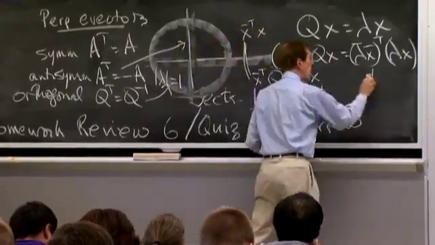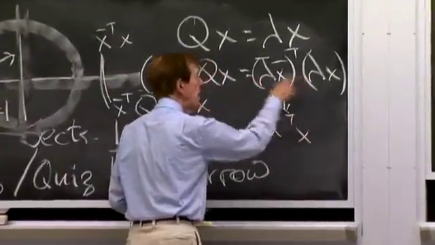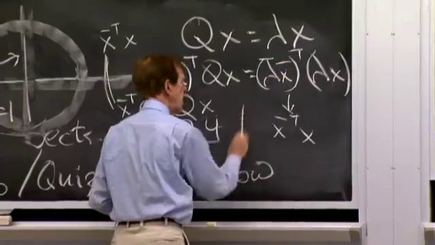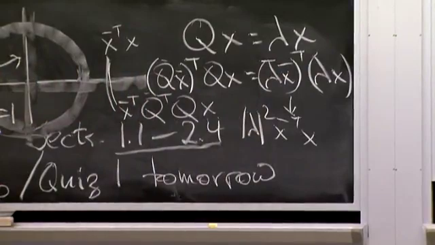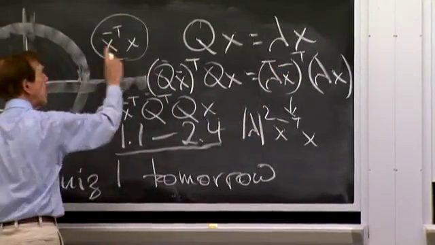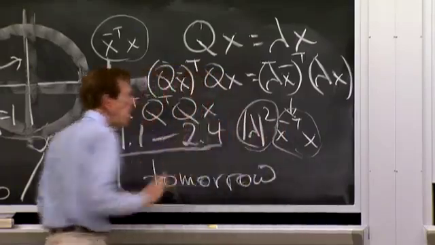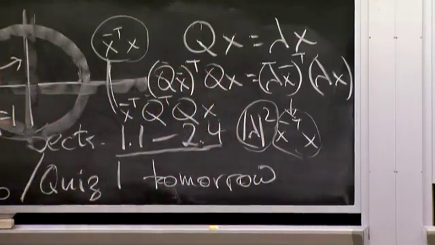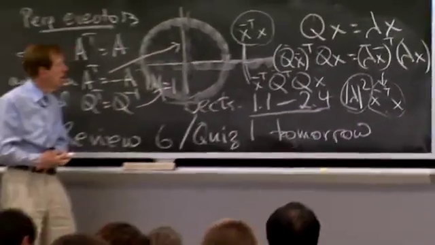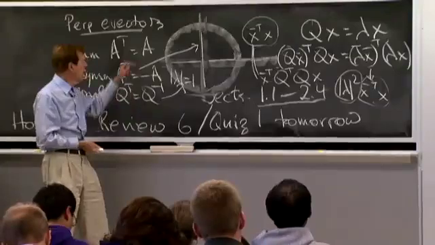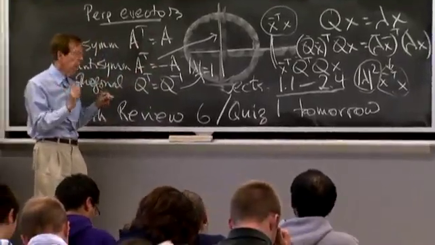What have I got on the right side? I've got the length of x squared times a number, lambda bar times lambda, which is mod lambda squared. On the left side, I have the length of x squared. On the right side, I have the length of x squared times that number, mod lambda squared. Therefore, that number has to be 1, and the eigenvalues are on the unit circle. So I've given you the three big important classes of matrices with